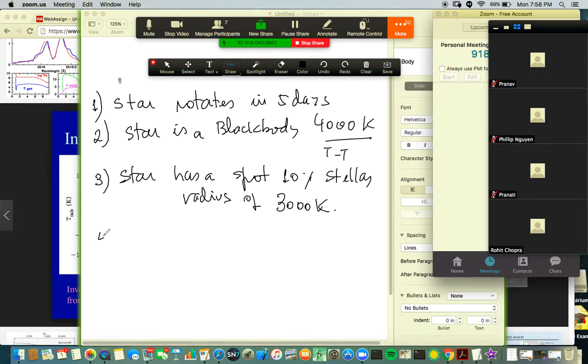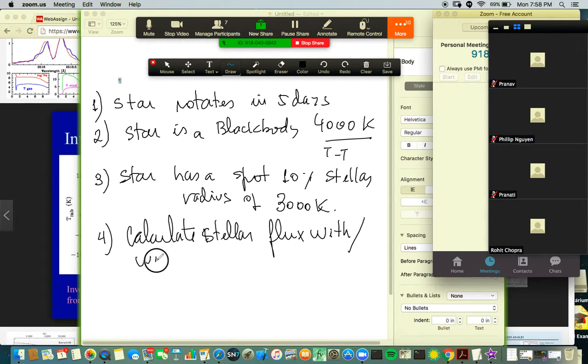And four, calculate stellar flux with and without spot. And then five is work on projection